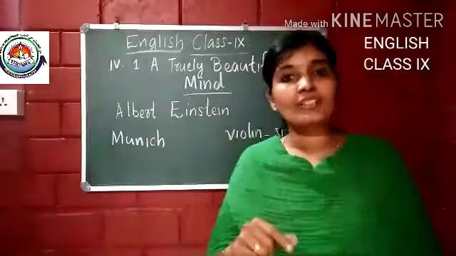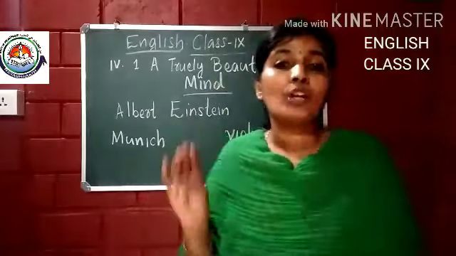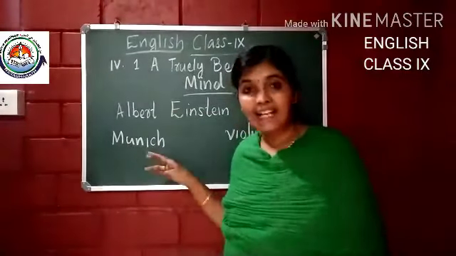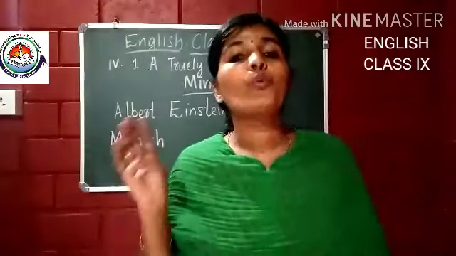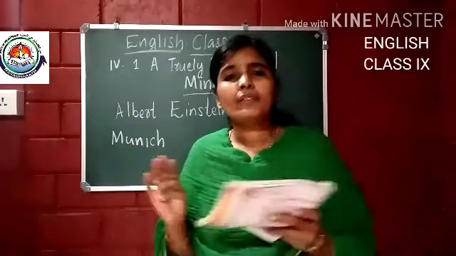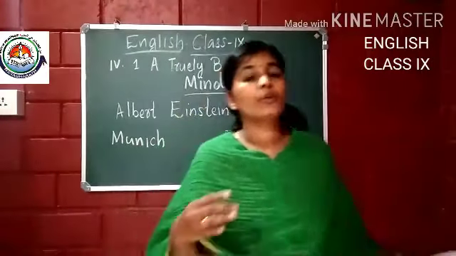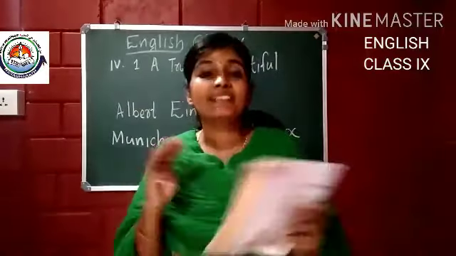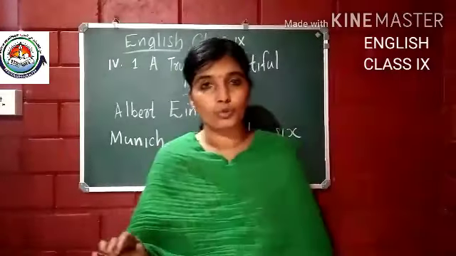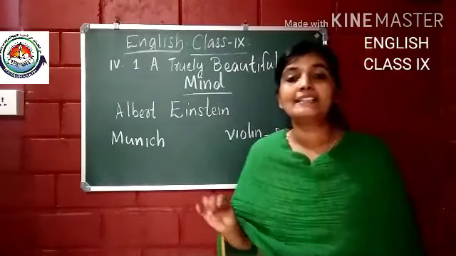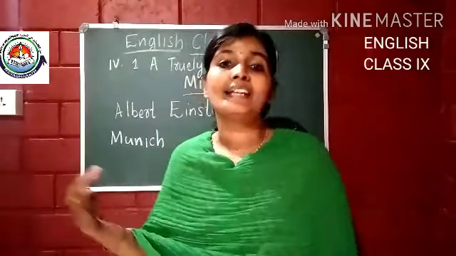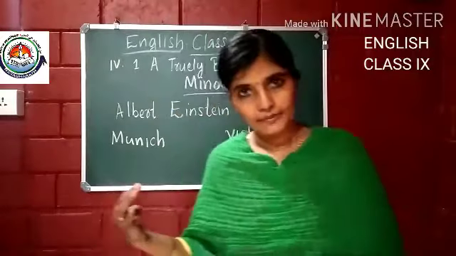Einstein and his family reached Munich when Einstein was 15 months old, and he started studying there for his high school, and he scored very high marks in his high school exams. But whatever the condition, whether he was working hard or not, he was not able to adjust to the strictness, the rules and the pattern of the school. And at the age of 15, Einstein stopped schooling for good. He said goodbye to school and turned to his own world.